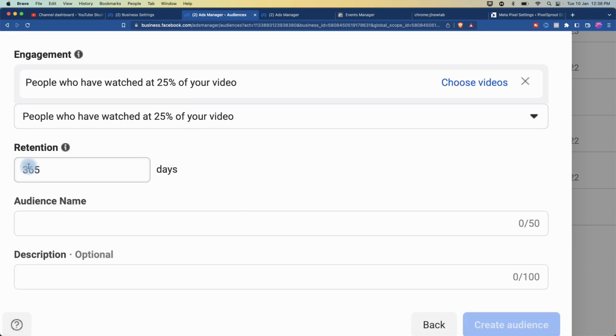And then look at the retention time. Here, what is it? Retention time is 365 days. Now please understand this: you can leave it at 365 days. Believe me, when you run advertisements, okay, when you run advertisements,